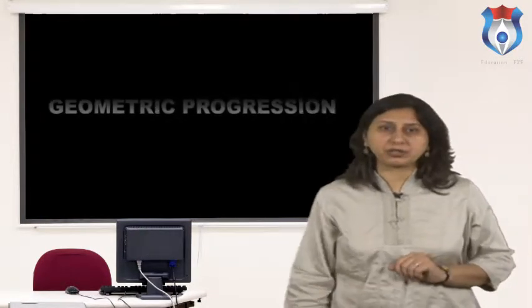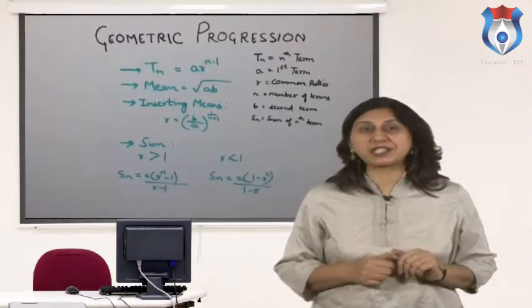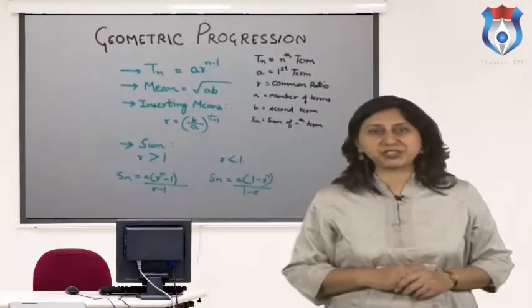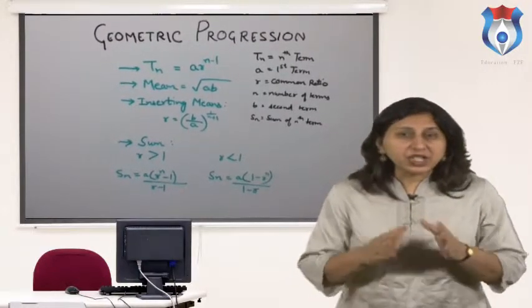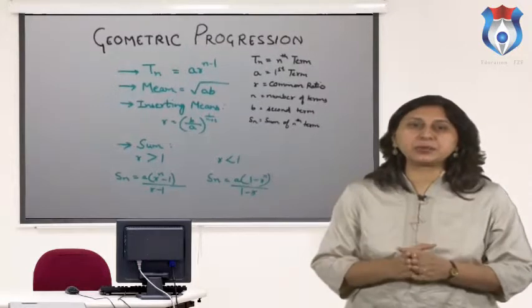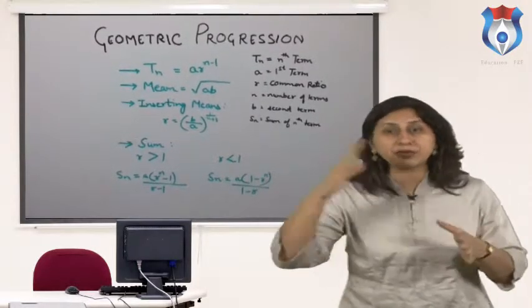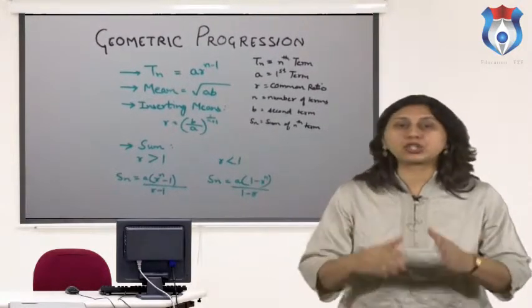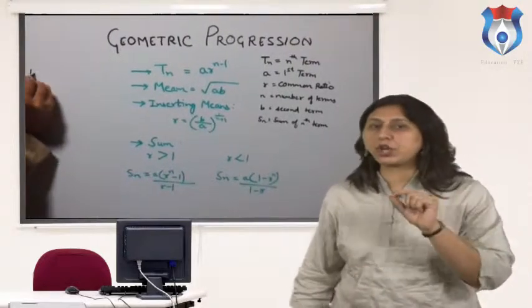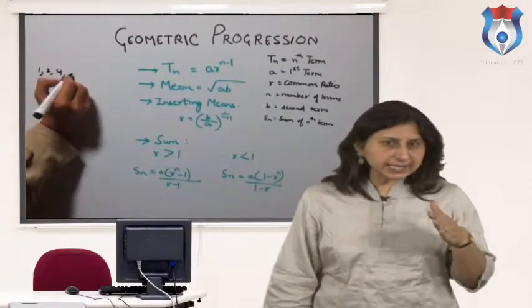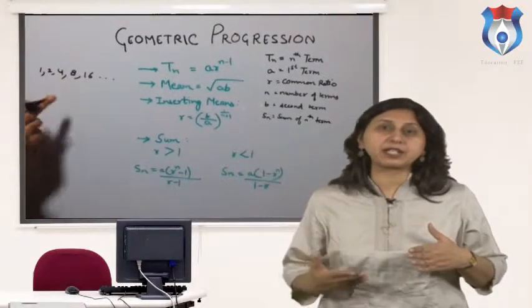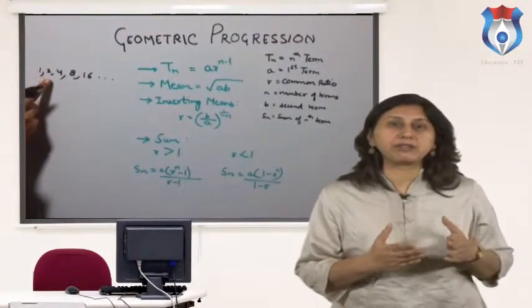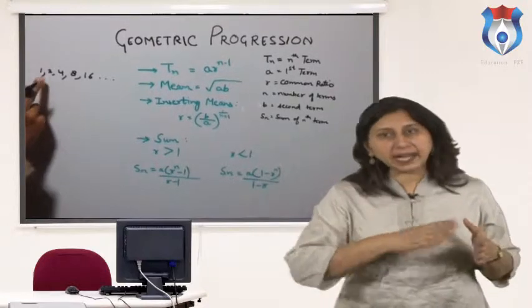Geometric progression. What is geometric progression? Now we will discuss the topic geometric progression and find out the answer to this question. A geometric progression is a sequence whose terms increase or decrease by a constant ratio called the common ratio. A series in geometric progression thus is a multiplicative series whose common ratio can be found by dividing any term